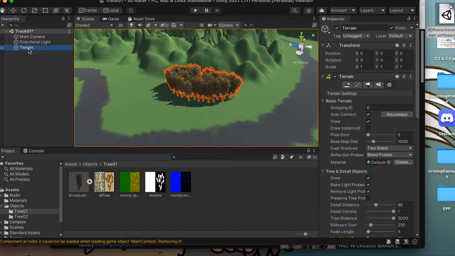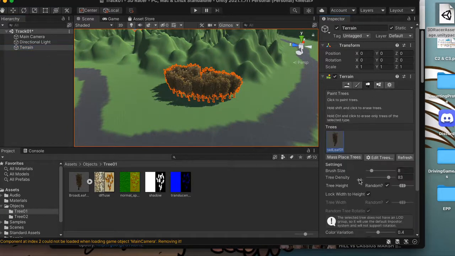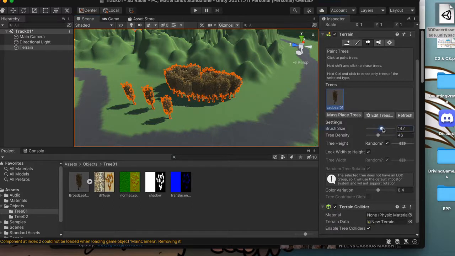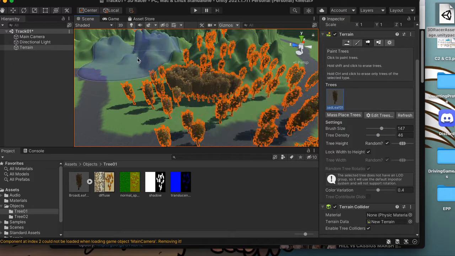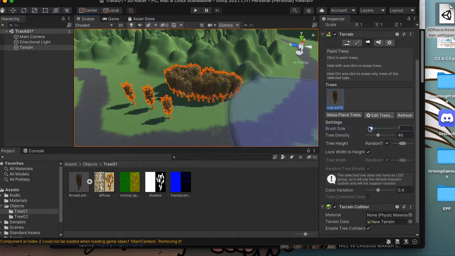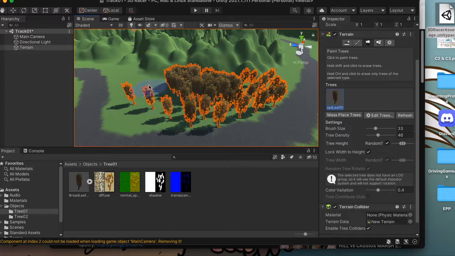So for painting our trees, I'm going back to trees here. I like putting randomization on, and then making sure lock with the height is on there, and you can reduce your tree density some. You notice that because my brush is small, it's not doing nearly as much. So you can do two things. You can either up your brush size like I am. And that's how you get them more spread out, but I have no control when I do that, so Command Z. So deal with a smaller brush, and then play with